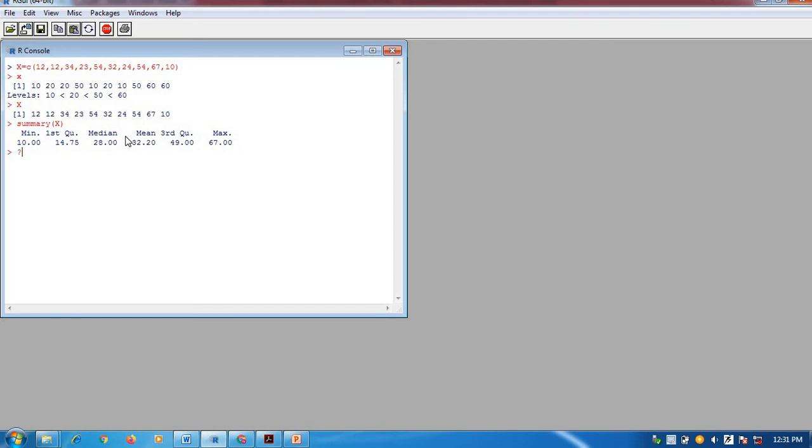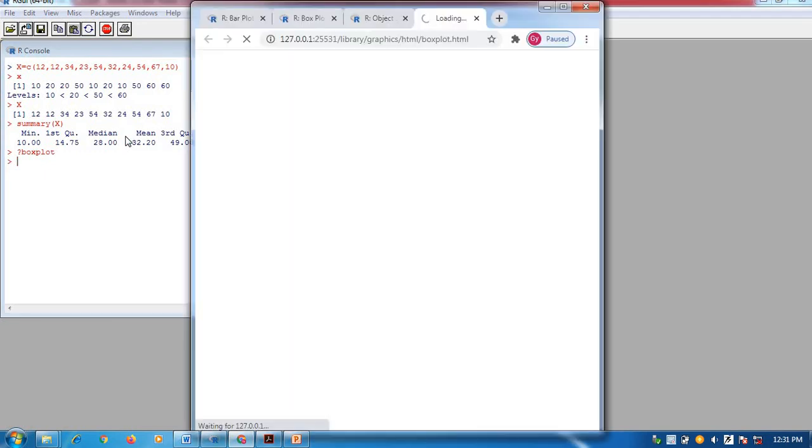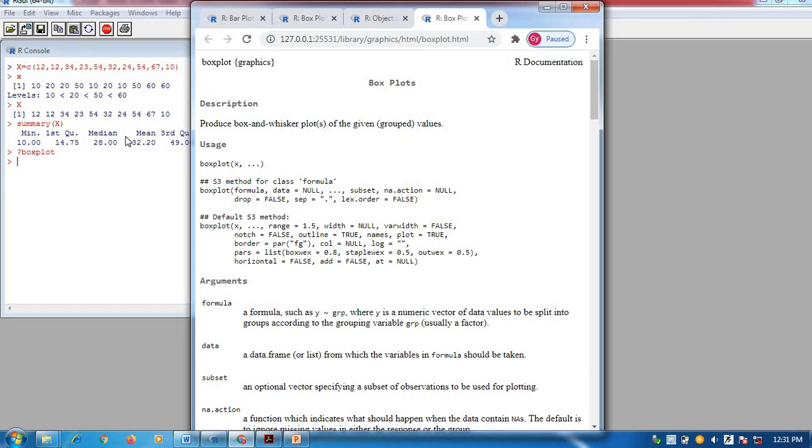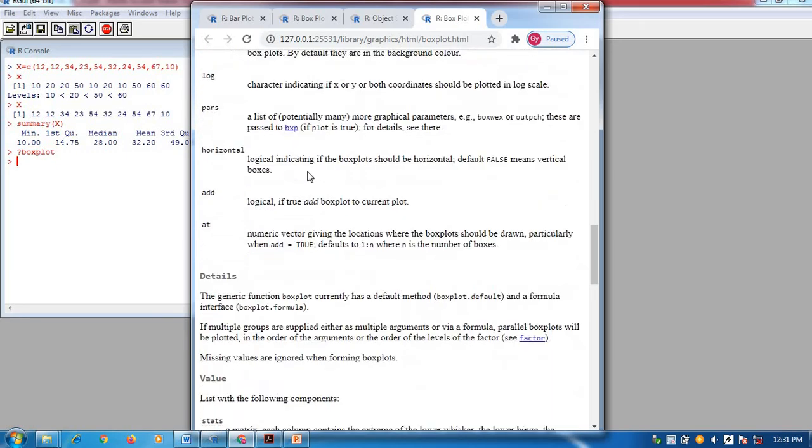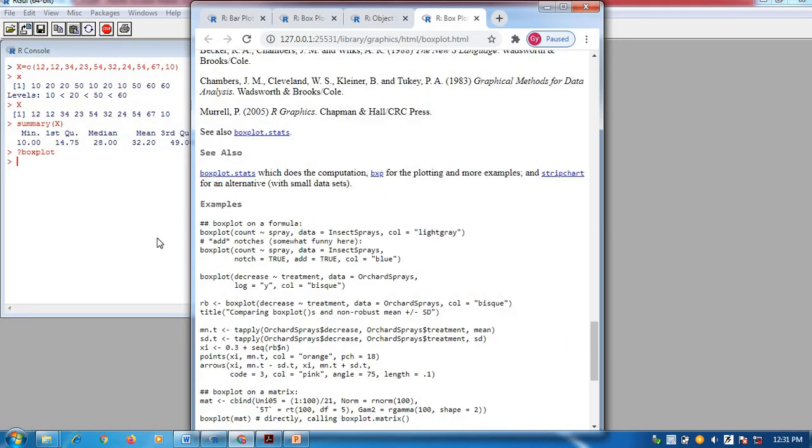So again I am taking help for this box plot. When we discuss the next assignments, that time you will understand what the use of all these functions is and what their importance is. I am just using this example directly to show you how box plots look and how they are plotted.